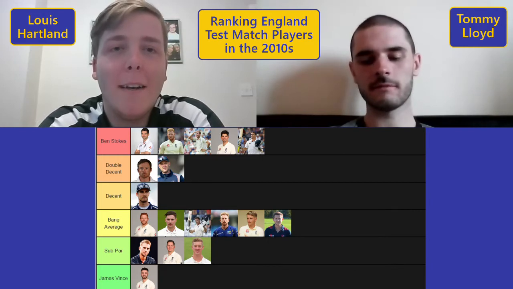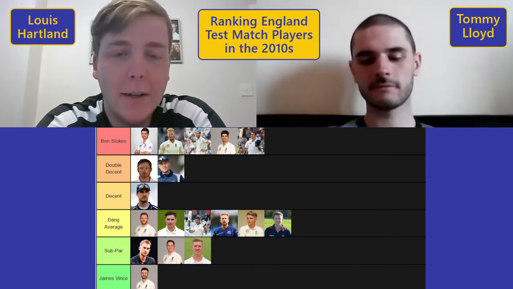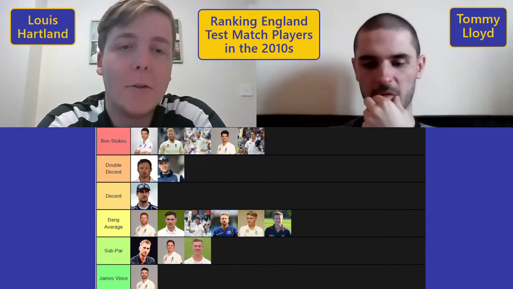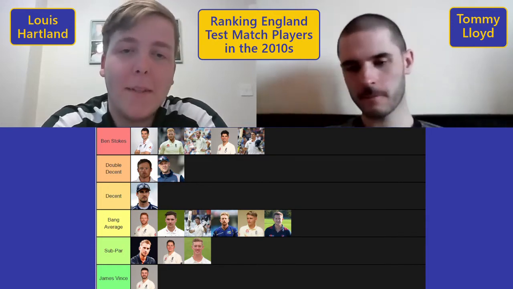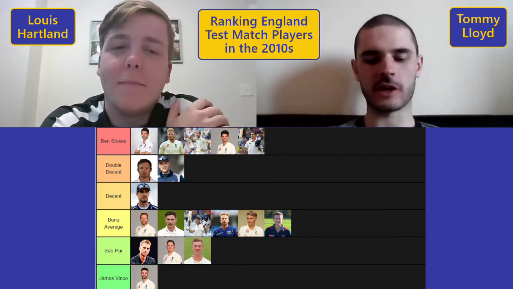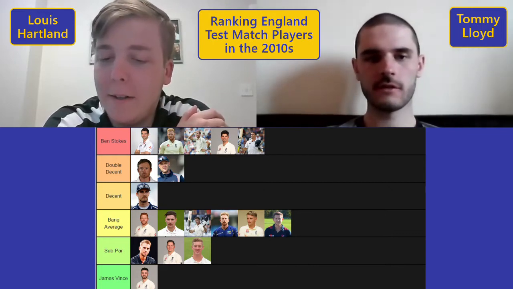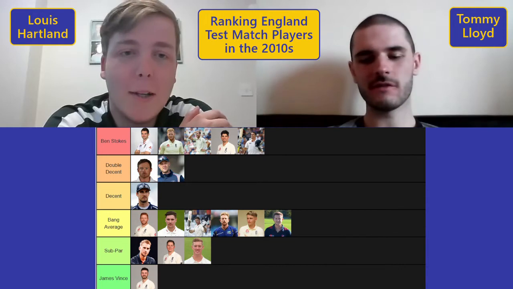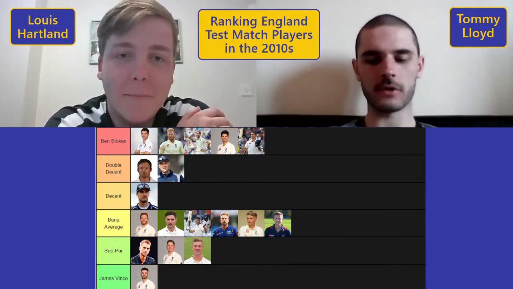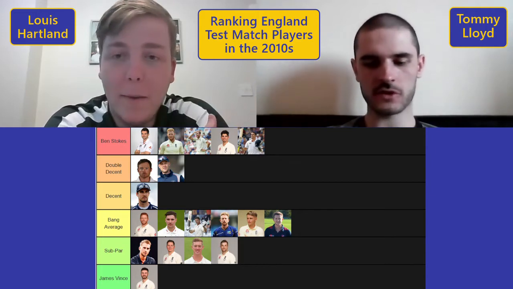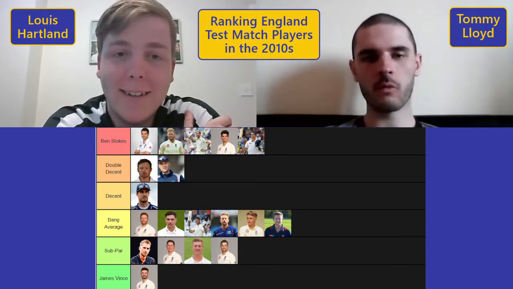I think he's like hit or miss. He either gets out early or he'll go and score some runs. So I don't know. He's definitely not as bad as James Vince, that's for sure. No, I think he is better than Keaton. I'd say he's better than Keaton Jennings, but I'd still say subpar. But he's nowhere near as good as Bairstow and Butler, who we put in batting average. So I might have been a bit harsh, but Mark Wood,